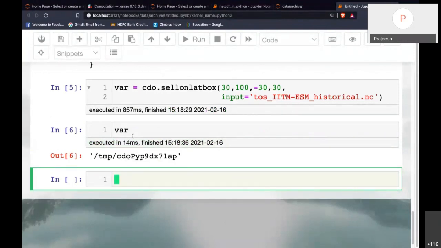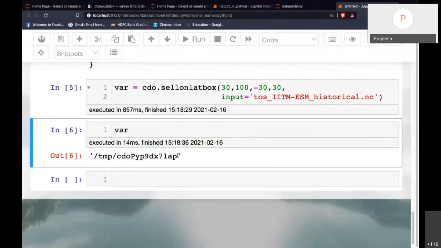Okay, now the var is just a string, you can see var contains some string which points towards some data inside temp.